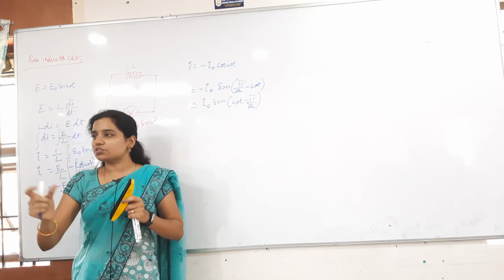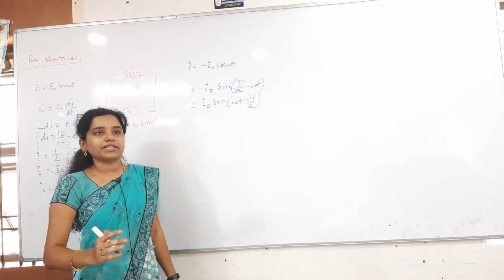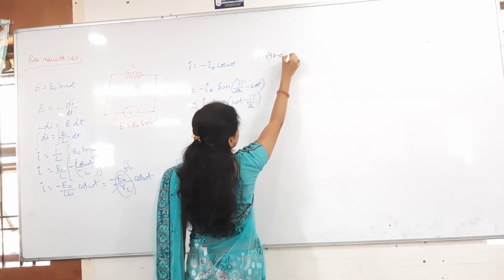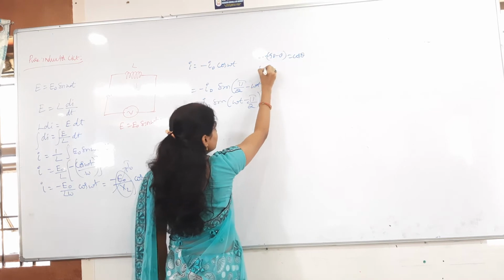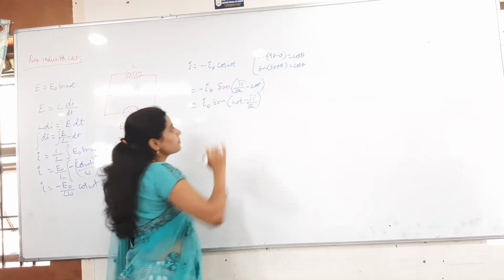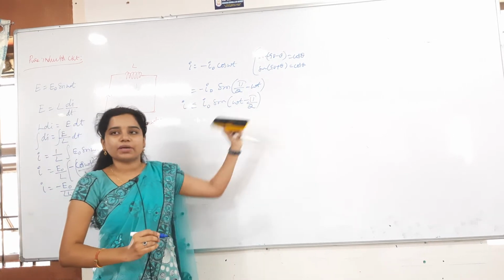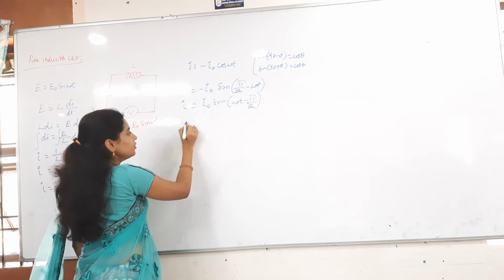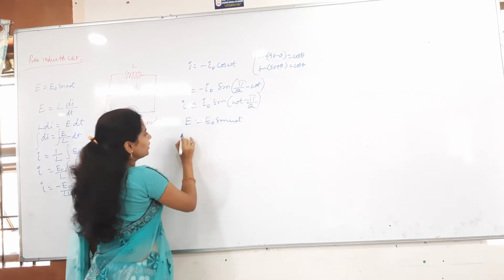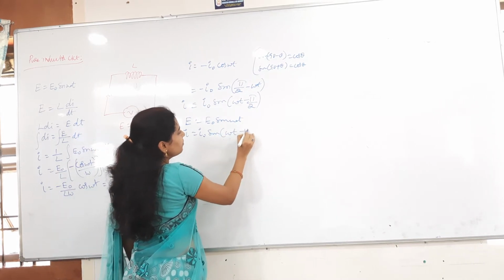Are you understanding? So the frequency cannot be negative, so I have made it positive, by simply taking sin of 90 minus theta equals cos theta. Even sin of 90 plus theta, how much here? Cos theta only. So this is the current, I equals I naught sin of omega t minus pi by 2. Now compare with your voltage equation, E naught sin omega t, and the current here is I naught sin of omega t minus pi by 2.